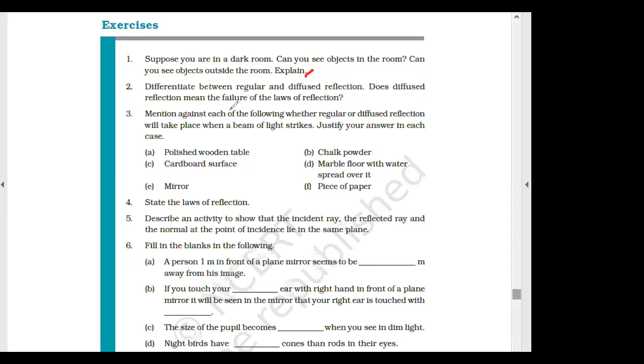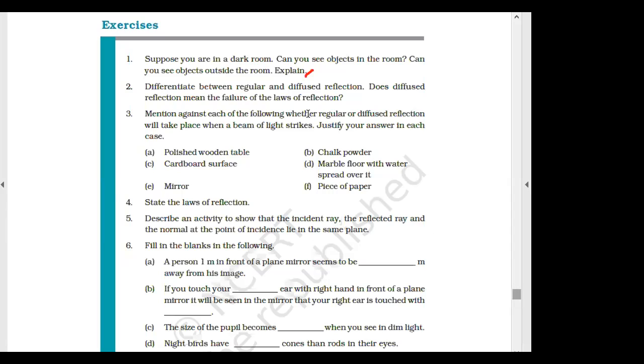Okay, very good. So next class is the last class of light. We'll complete this chapter. Next class, we will study natural phenomena. I'll teach everything in natural phenomena: how lightning occurs, what is an earthquake, and all those things. This was one of the major chapters that needed to be covered. Then I can say the syllabus is almost covered. We will be left with a few easy chapters.